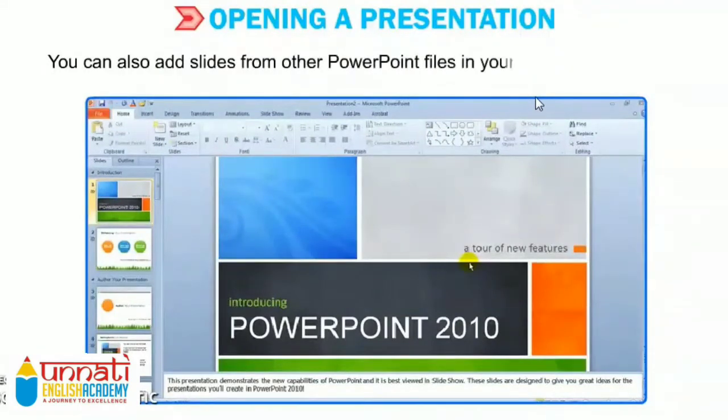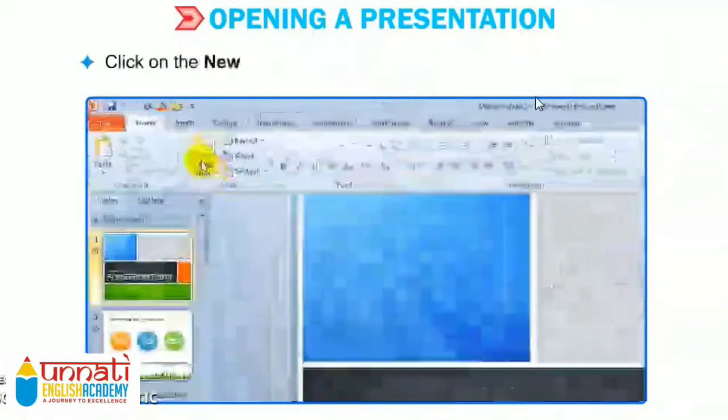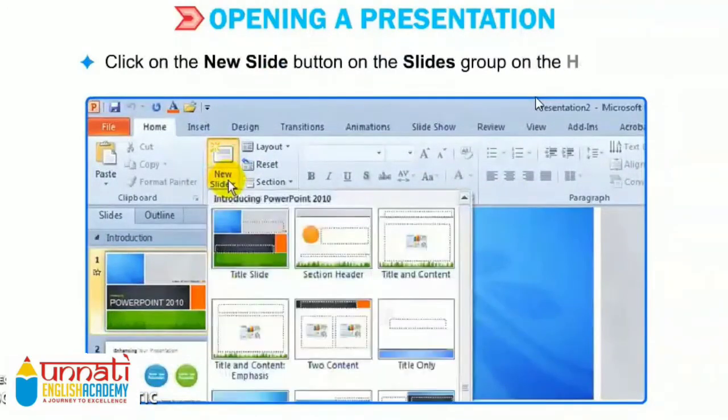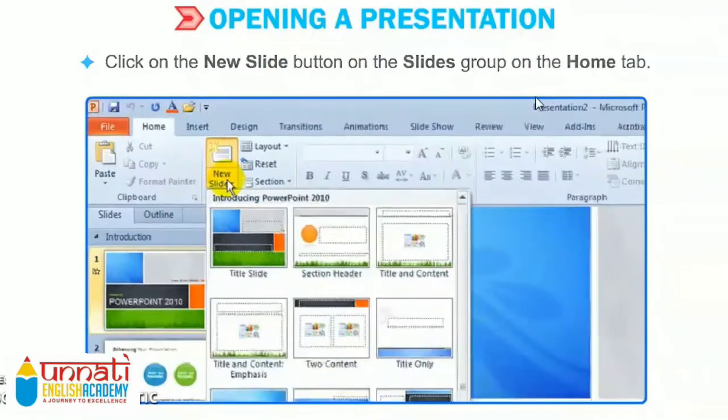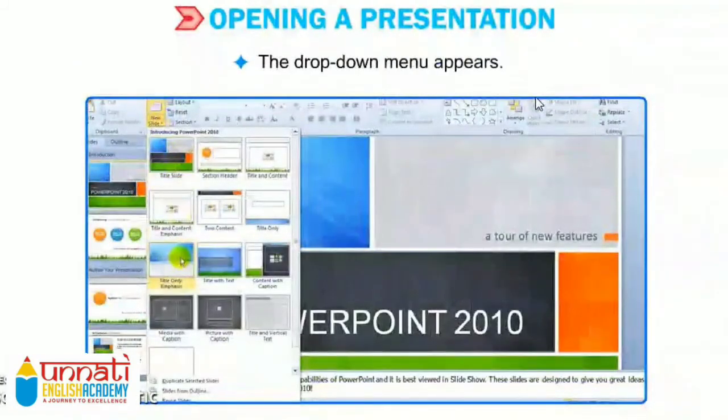See, you can also add slides from other PowerPoint files in your current presentation. If you want to do so, follow the steps. Click on the New Slide button in the Slides group on the Home tab. Now, the drop-down menu appears.